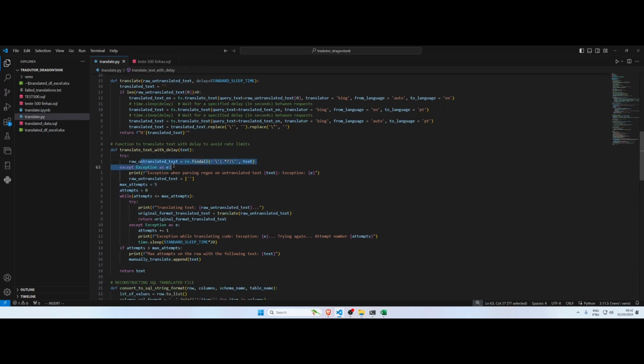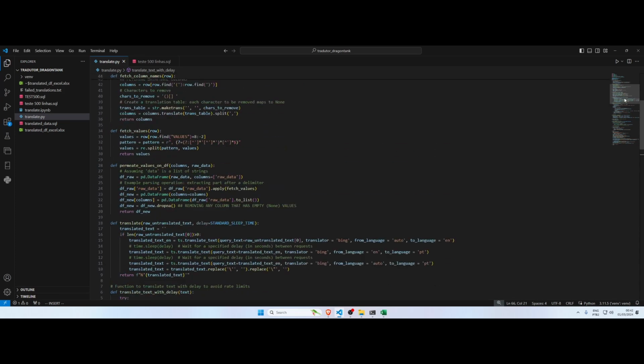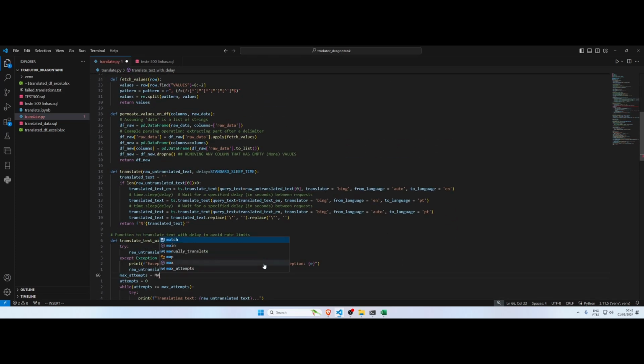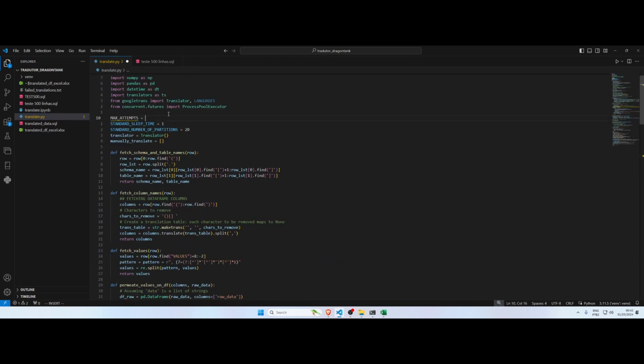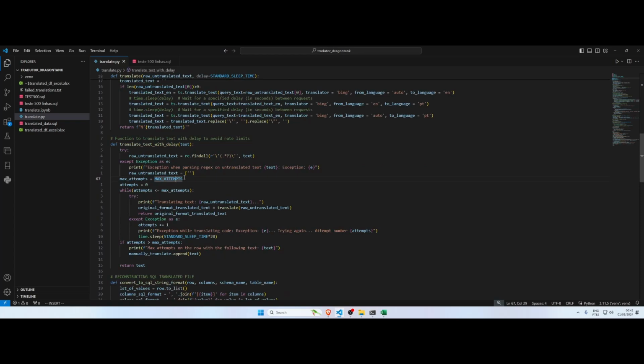But if regex fails, meaning that it was a null element or anything like that, I'm just going to ignore this element, meaning that it was a null value that doesn't have to be parsed. I have a number of max attempts here. It is 5, and I don't know why I haven't switched that. We can do it right now. Let's set it here. Max attempts equals 5. So I have 5 max attempts for each single line, and we start trying to translate